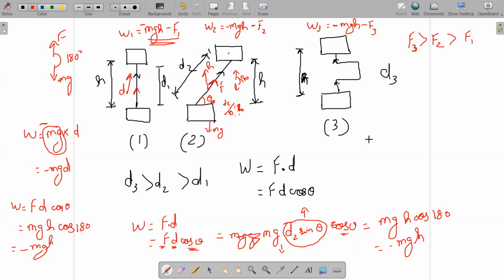Both the work done will be magnitude wise same. Work done by gravity will be also mgh, work done by the person who is pushing the block will be also mgh. But in case of gravity, it will be negative because gravity is acting downwards and the body is moving upwards. That becomes minus mgh. Whereas in case of the person who is pushing, it will be mgh positive because the body is moving in the direction of the force applied by the person. All right. Yes, sir. Any other doubts? No, sir.